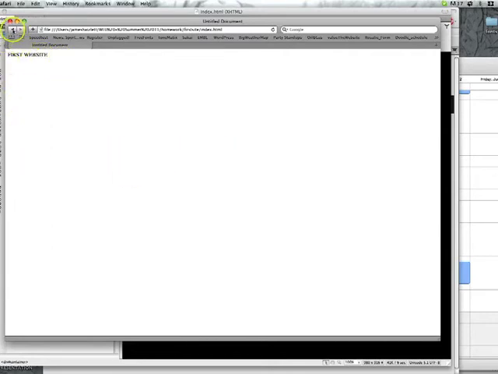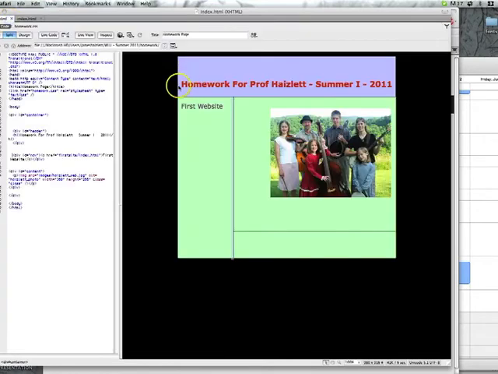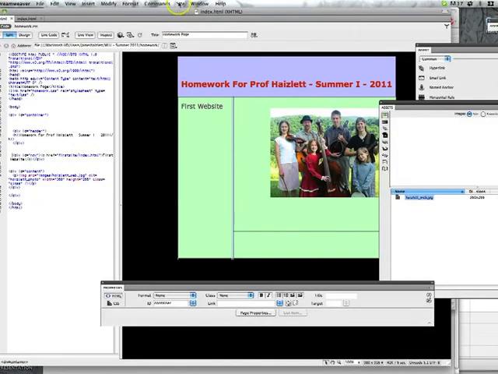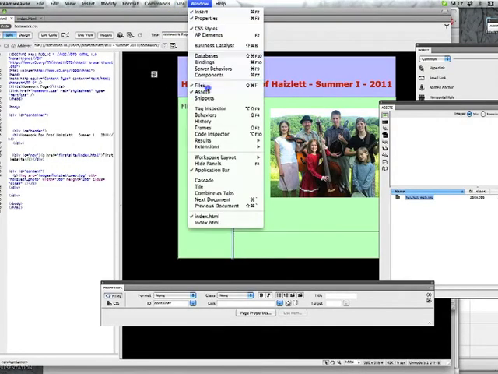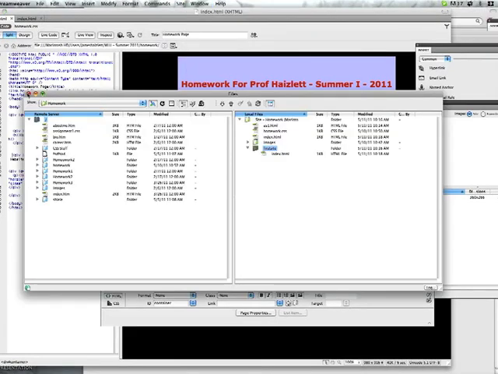So as far as your structure goes, let's go back to our files. Your structure is going to look like this. You're going to have an index page. It's going to be your homework page. And it's going to link into other files that are located within folders. For instance, this first site is the folder for your first personal site that you're going to be doing. You're going to be doing some other sites. I can make those right now. We could make the